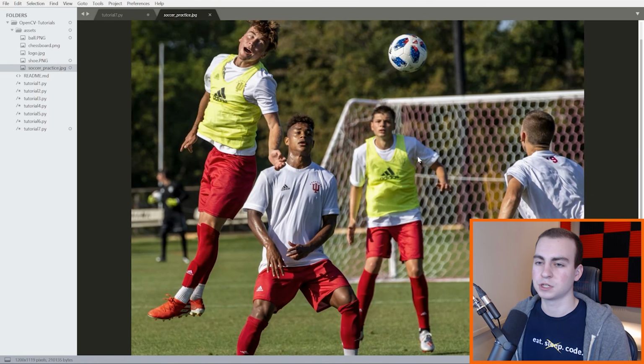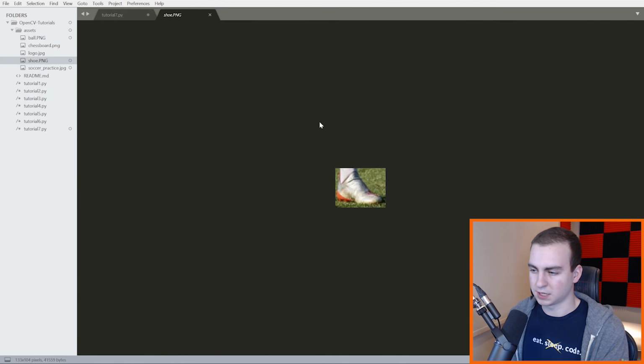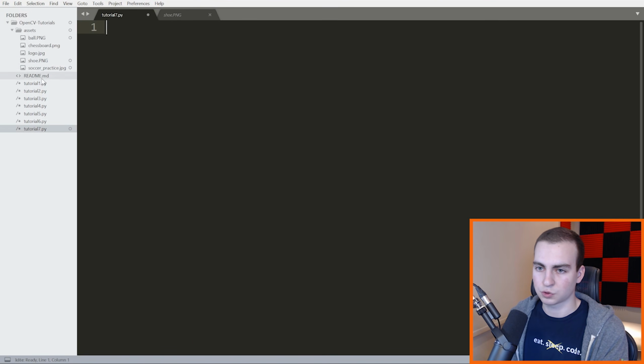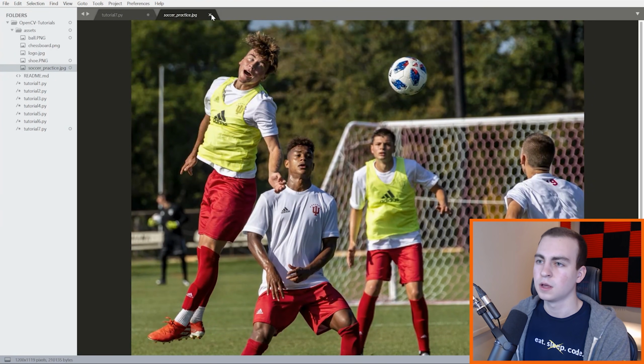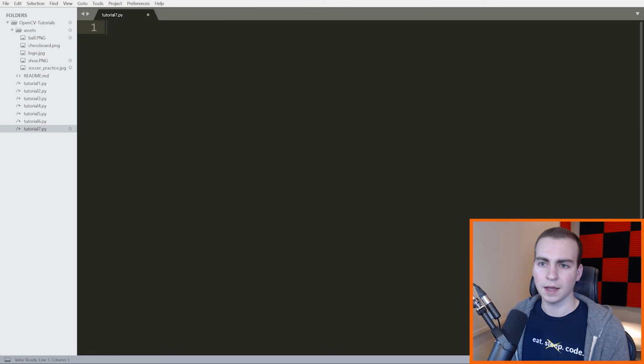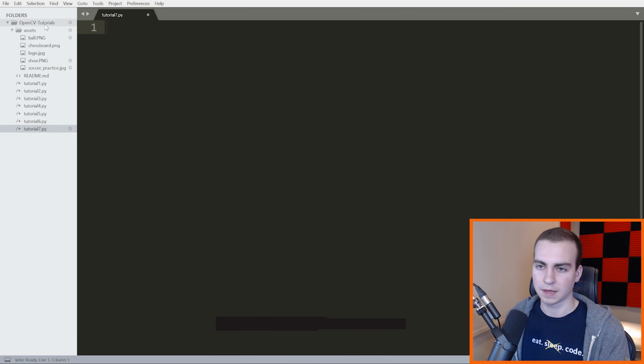You want your template images to be as close as possible to the actual size of the object you want to locate in the base image. Anyways, my images are as close as they possibly can be. I quite literally just took a screenshot from this, so it should give me pretty accurate dimensions, and we'll see how it works in this tutorial. Anyways, get your template image or images, get your base image, bring them beside your script or in the assets folder like I have it, and then we can move on.